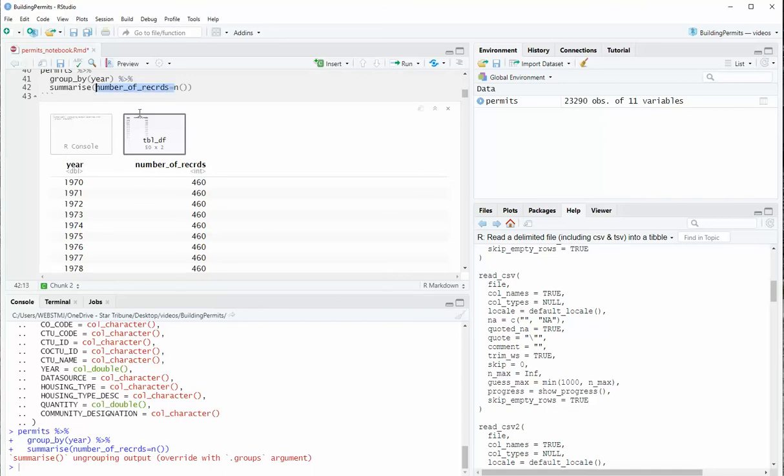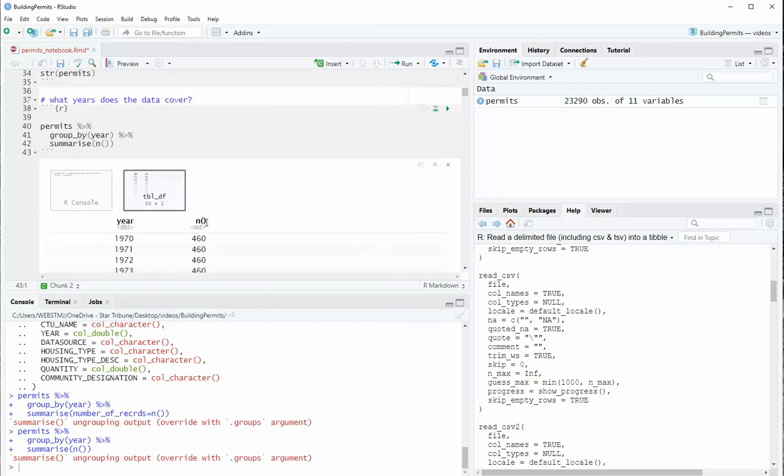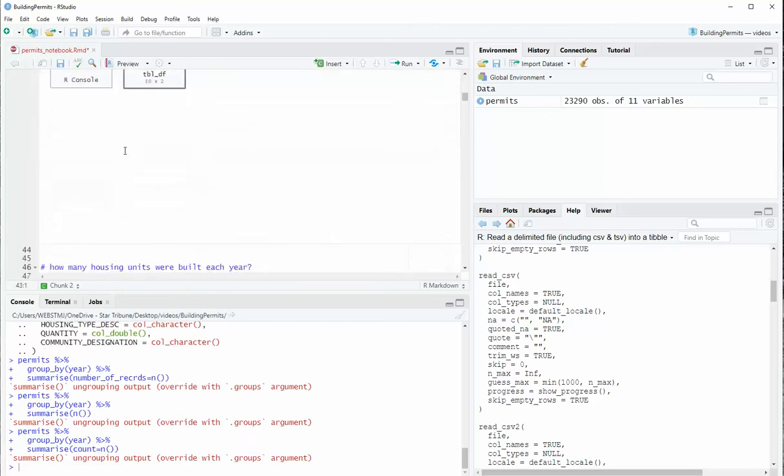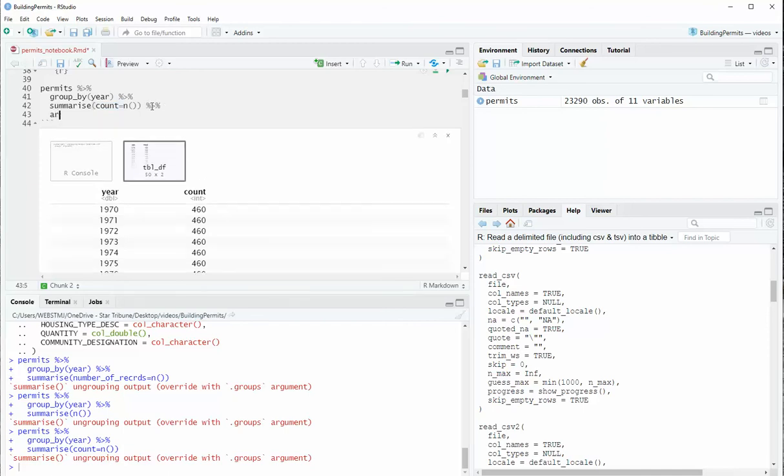You can run this without a label, and it'll just put the n, open parens, close parens, at the top of that column. I highly recommend putting something in there because you're going to see later that we're able to reference that column in future operations. We can add a pipe and do something else after it. For example, with arrange, you would need to refer back to this column. In fact, we can do that right here. We can say arrange